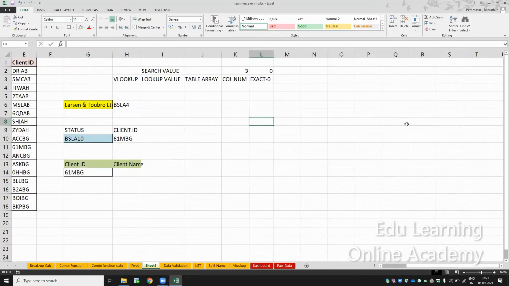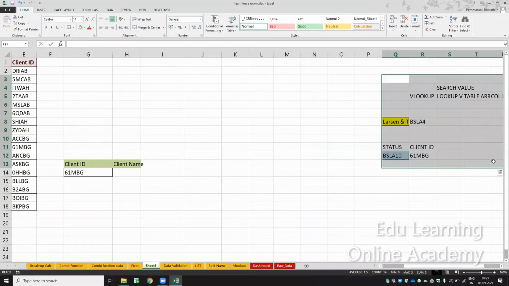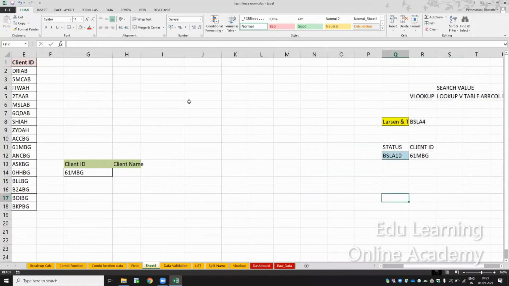First I'll tell you the syntax for index and the syntax for match. So let me remove these values. Array of index: table array. Array means a group of cells.